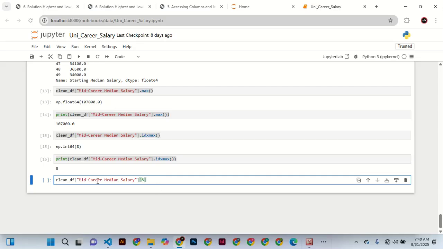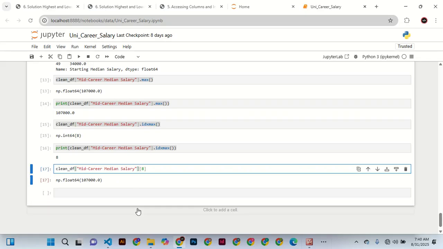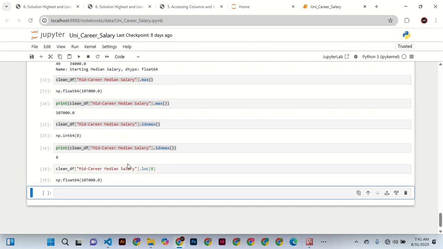in the column. This is a column and this is a row. Okay, let's see. And you see it has got some problem. So you can say dot loc. And then you see still got some problem. So the